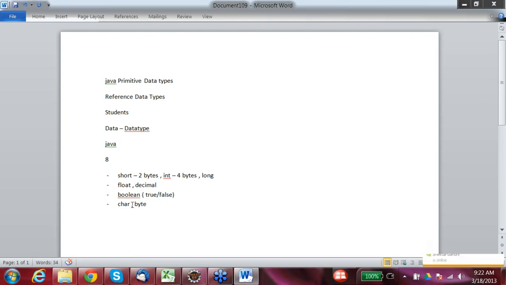In C++, a character is stored in 1 byte, but in Java, a character is stored in 2 bytes, so you have to take care of this. Long takes 8 bytes to store, float takes 4, and double takes 8 bytes. Byte takes, as the name says, 1 byte. For boolean it is not defined how many bytes it takes, but it stores the values true and false.